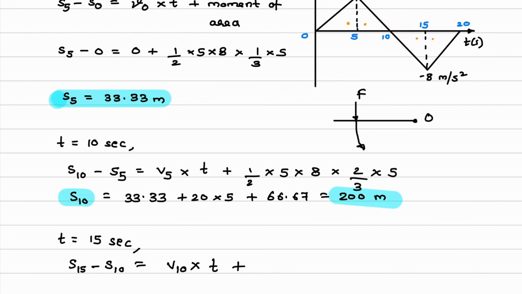Now what about the centroid? If you consider 15, from here we have to take that moment. So this distance we require. So the hypotenuse is this one, the opposite point is 15. So this distance will be 1/3 of this base. So I'll write down area is half into 5 into -8 multiplied by 1/3 of 5. 15 minus 10 is 5.